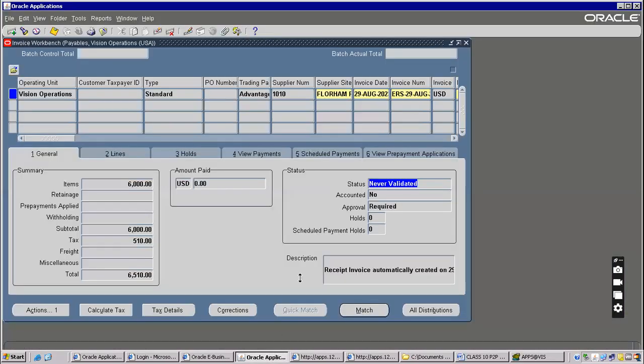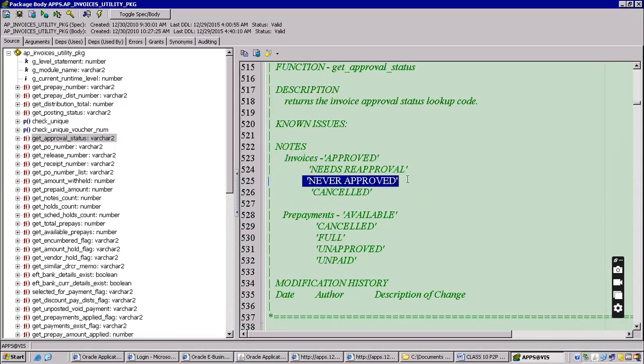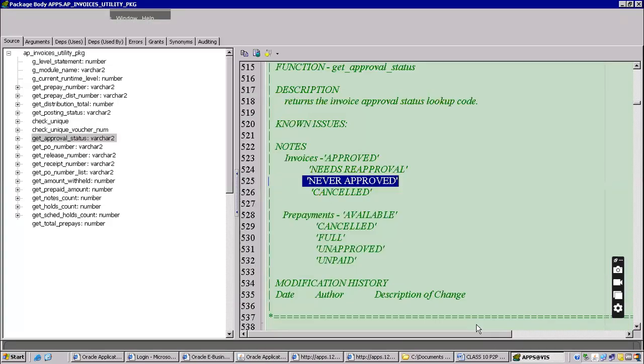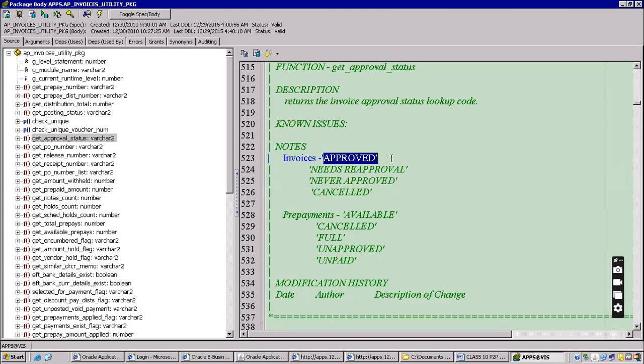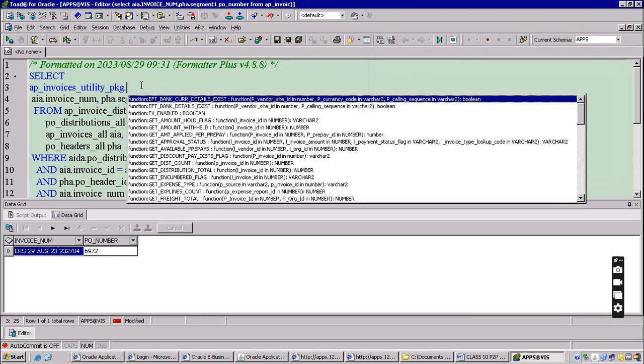But if you look here in the application, it is never validated. Never validated means never approved; Oracle has considered it as never approved here, while the application shows never validated. If it is validated, we can see that it is approved. We have to decode here, if-then-else logic. There is a decode option here. Anyway, first we'll get this. What is the function we need to call? Get